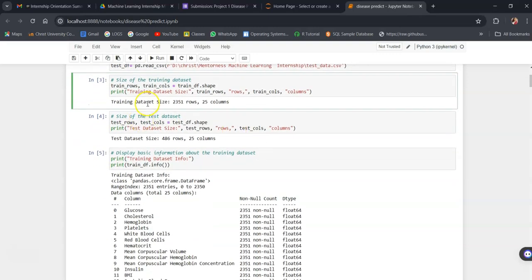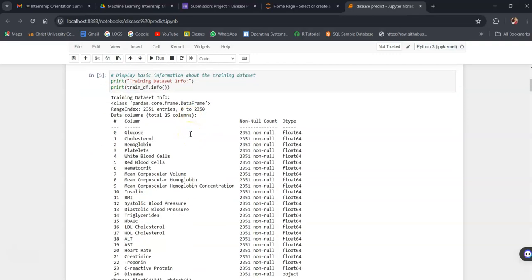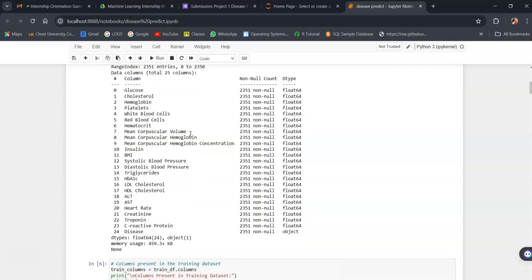Then we have seen the size of the training data set is 2351 rows and 25 columns. The size of the test data set is 486 rows and 25 columns. So the number of columns is the same for both, but the rows are different. The training data set information shows 2350 entries.